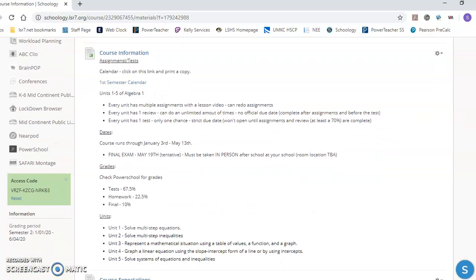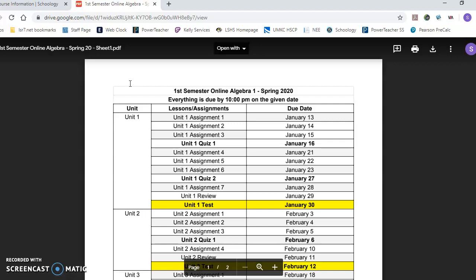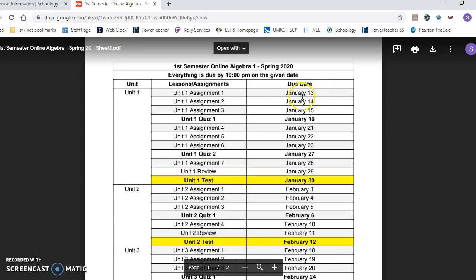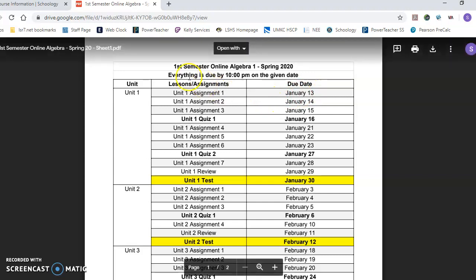Okay, so our assignments and tests. So first thing you'll want to do is click on this calendar and either save it to your Chromebook or print it, so then you have a list. It has all of our due dates on there, so you can see your first assignment is going to be due next Monday, the 13th. And then everything is due by 10 p.m. on the given due date. So you pretty much have one assignment per day, Monday through Thursday, for the whole semester. So one assignment or one quiz, a review, or a test, one item due per day,